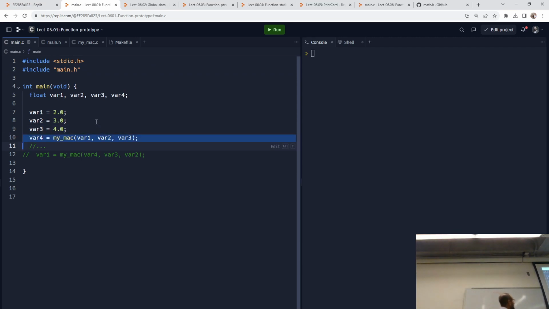It'll say, okay, I'm expecting a function that's myMac that takes 3 floats and generates a float. I'm calling function myMac that takes 3 floats and generates a float. As I compile this file by itself, I'm happy. I don't know where that function is yet. I don't know what it actually does yet, but this file is itself able to be compiled because there's kind